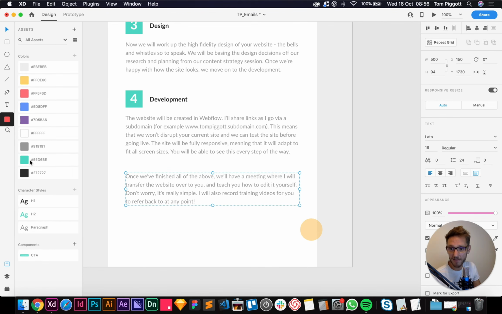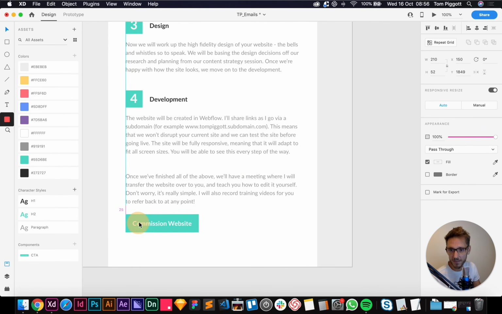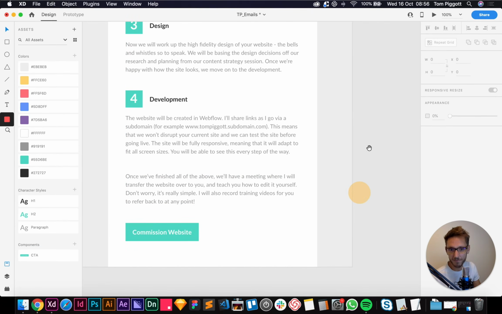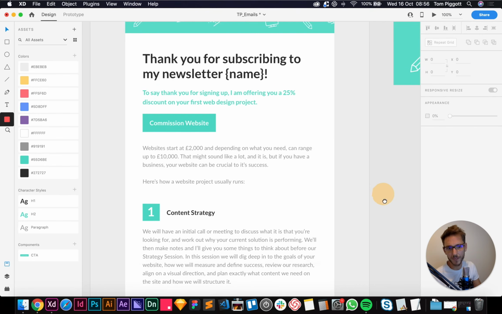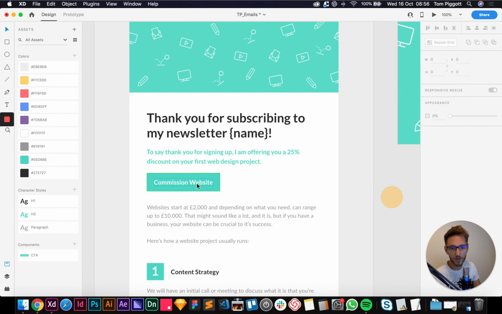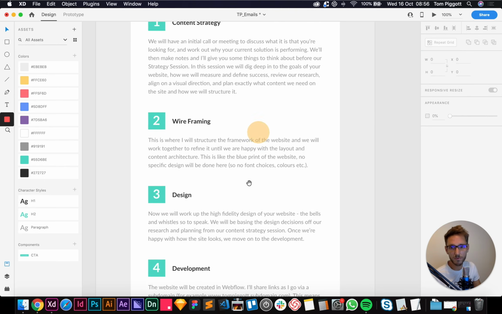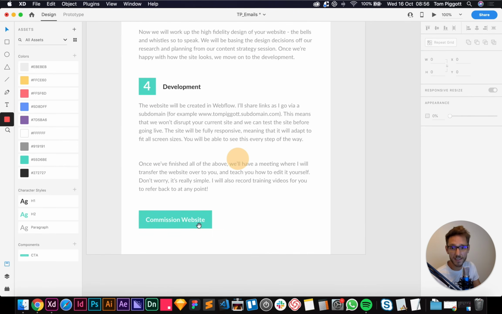And then we're going to repeat our call to action. That's always good practice. So what's happened is they've read all the way down, if they have read all the way down, which is unlikely. So if you've got them there, they're going to read, oh, okay, this does sound like quite a good idea, and then rather than having to scroll all the way back up, just as a user experience benefit, just repeat the button down here.